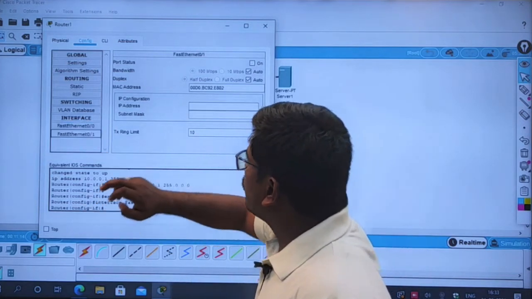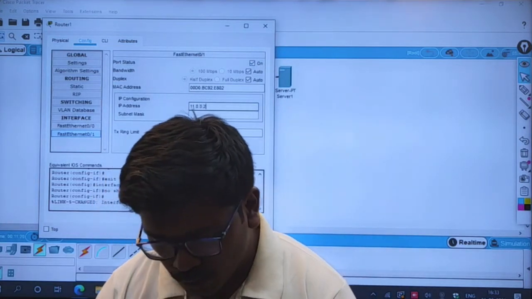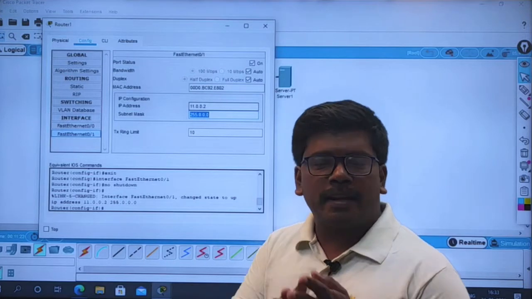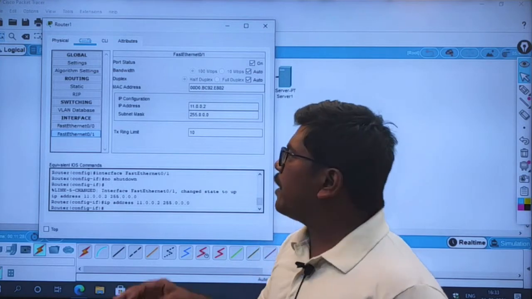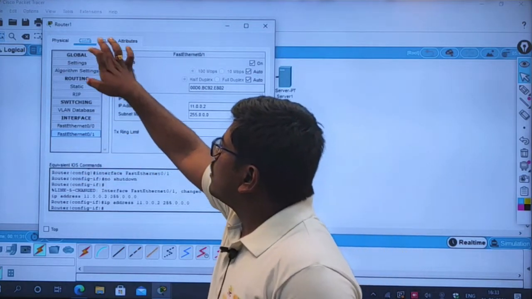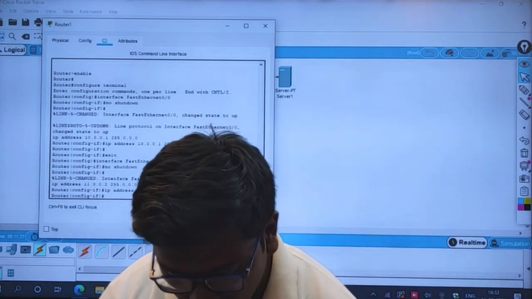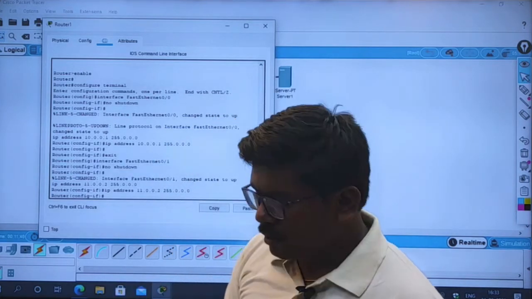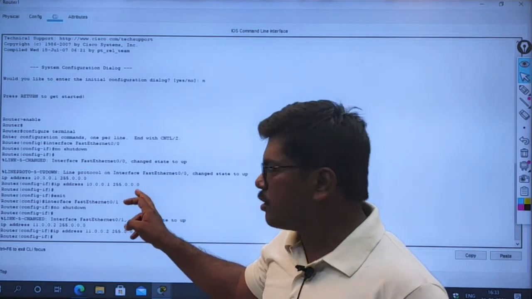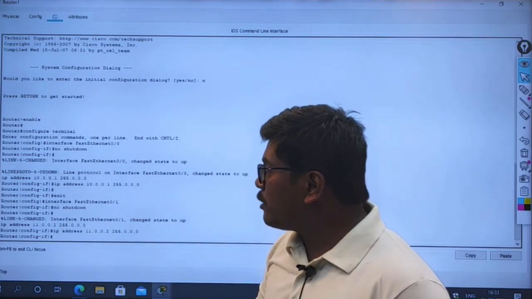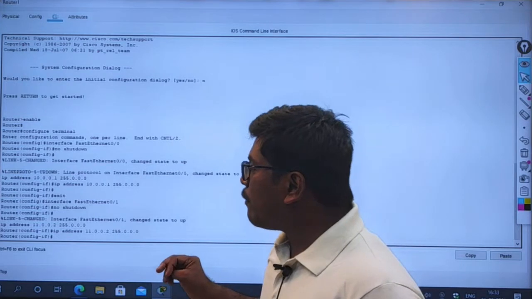As they are directly connected, I need to give the same network IP. Right. And I'm going to give one more configuration here, 11.0.0.1 or 2, whatever it is. I'm not worried about it because I'm taking the IPs randomly. So this is my second IP address for the interface FastEthernet 0/1. So let us see what configuration is present. My host name is router, and it has the IP 10.0.0.1 with the subnet mask 255.0.0.0, whereas IP address 11.0.0.2 with the subnet mask 255.0.0.0 is for my other interface.